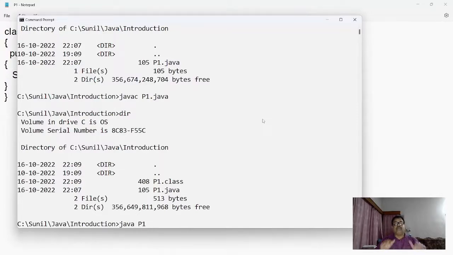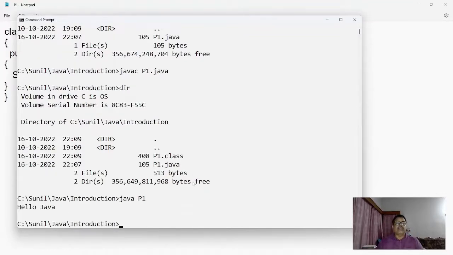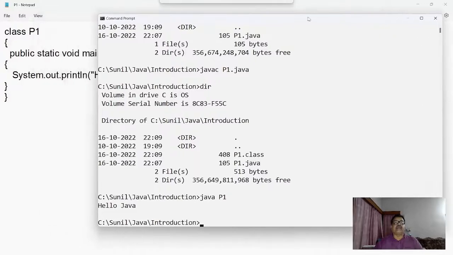But before the execution, I want to discuss one thing: this p1 is not p1.java. This p1 is p1.class, the file which was produced by the compiler of Java. So if you press enter, you will get your output, hello Java, for which you have written here.